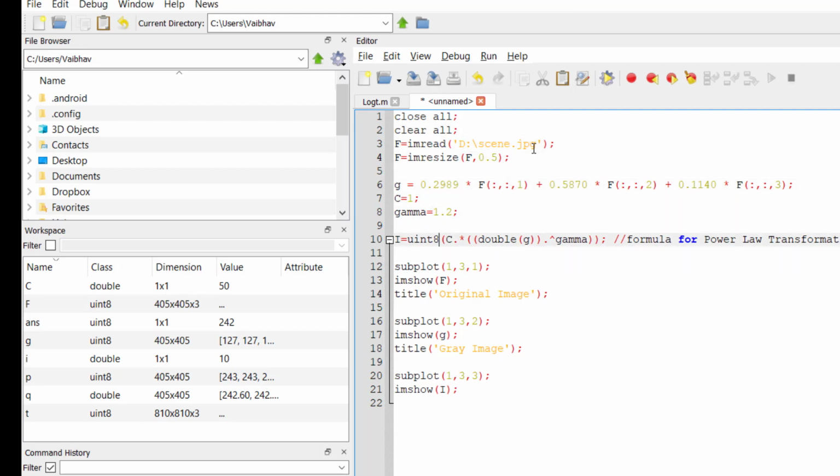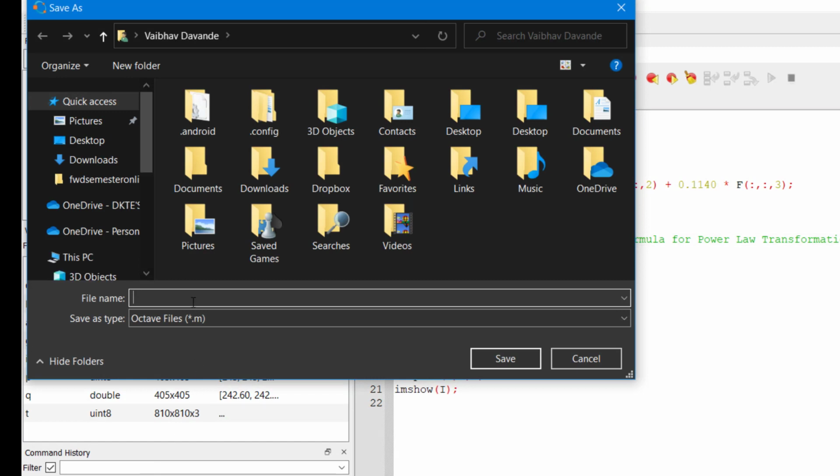Remember that in Octave we cannot use slash for comments. We need to use hash for writing comments. Fine, so let us run this program. Now all this data will be removed over here.